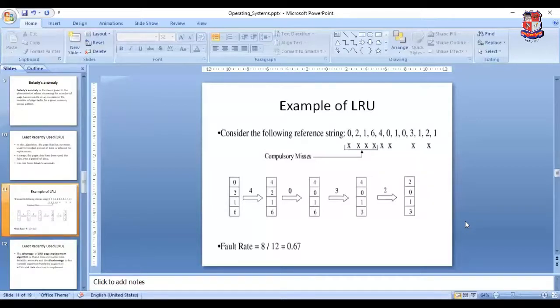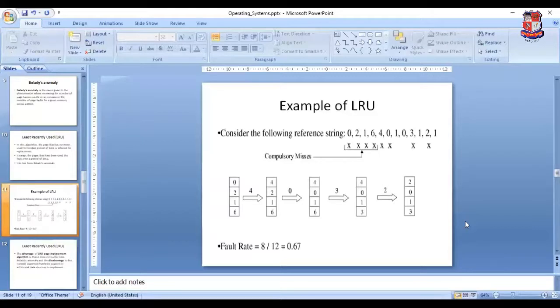So at the place of 6, जो पास्ट में सबसे पहले यूज हो गया है तो उसके जगह पे हम क्या रखेंगे 3. आफ्टर दैट रिक्वेस्ट ऑफ 1. 1 is already available, so no need to replace the page. Next request is 2. So now first we analyze 4013. 2 is not available. So 4 is least recently used, बहुत पहले यूज हुआ है तो उसकी जगह पे हम क्या रखेंगे 2.